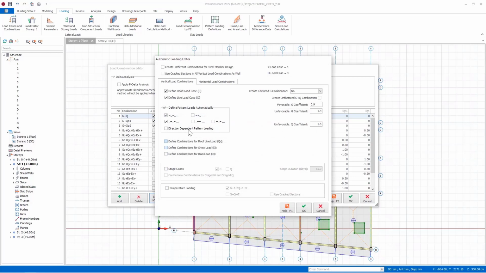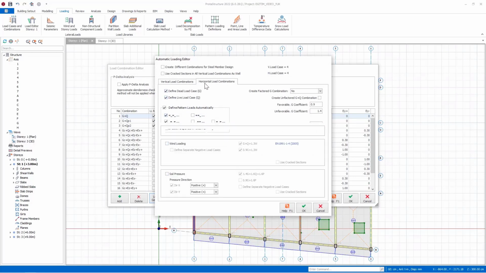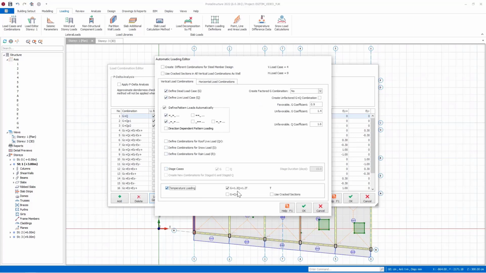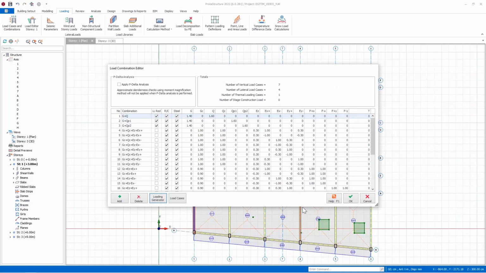Let's leave the vertical loads and earthquake loadings as default from the Loading Generator section. However, let's close the loading generator by marking the soil pressure to define the earth load on the shear walls and the heat load to define the heat load for our building. The combination bag contains the load cases that will be created in accordance with the selected specifications.